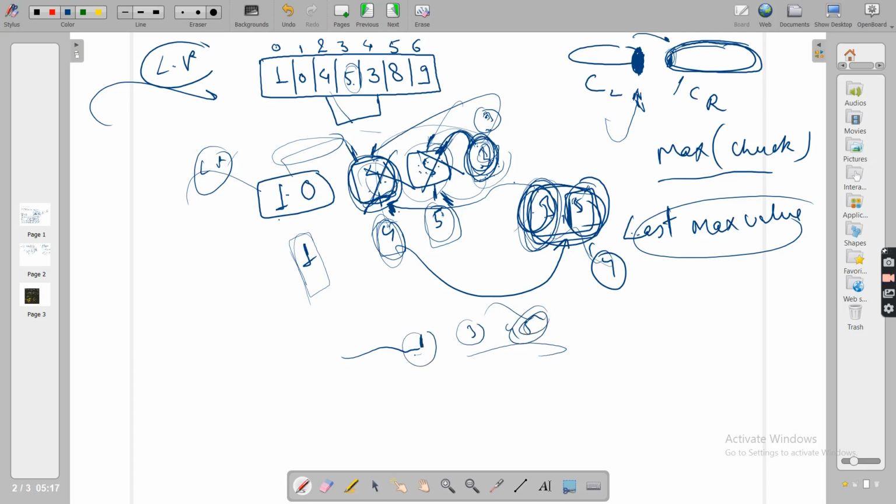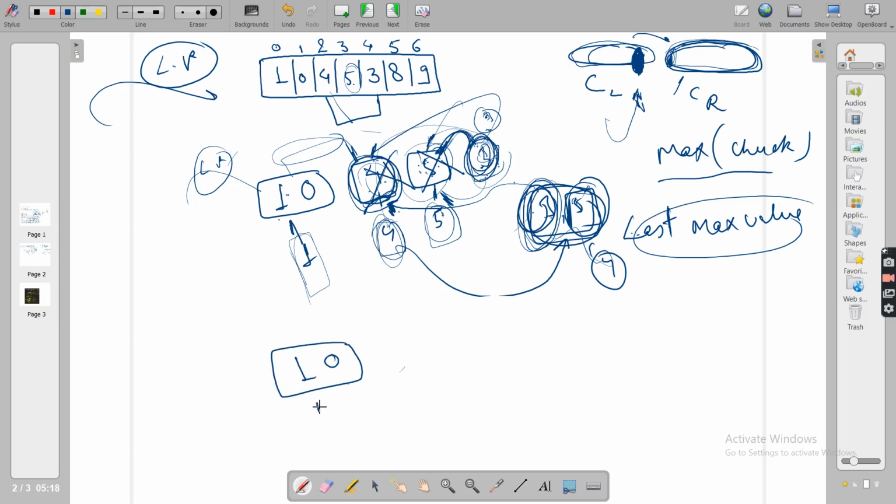So 1 here and 3 here, if you sort them individually, can you call them sorted when you concatenate them? Obviously yes, because this property will hold true: the maximum value of the left chunk should be less than or equal to all the values in the right chunk. So now 3's hunger will be satisfied. 3 will say, so 1, you can live as it is. So 1 0. Now, what is the configuration right now?